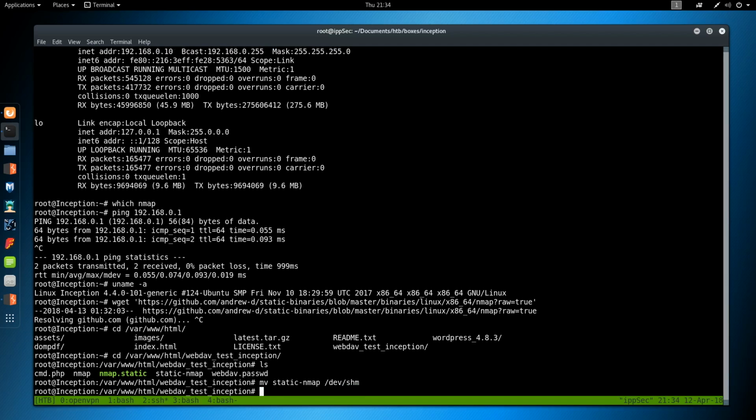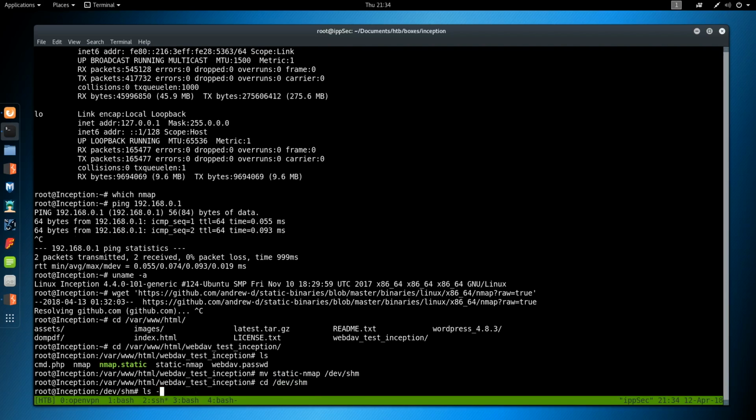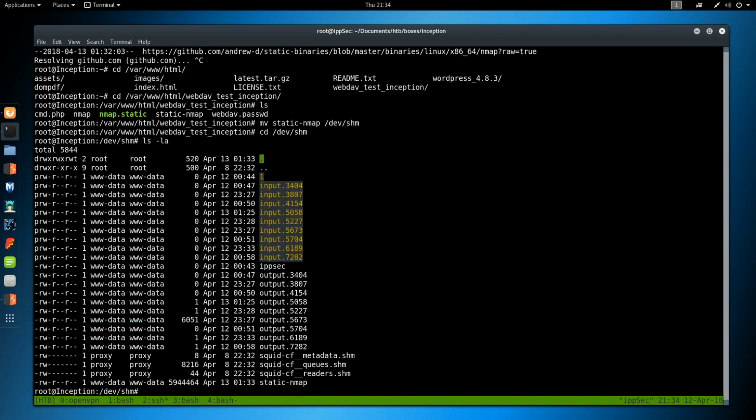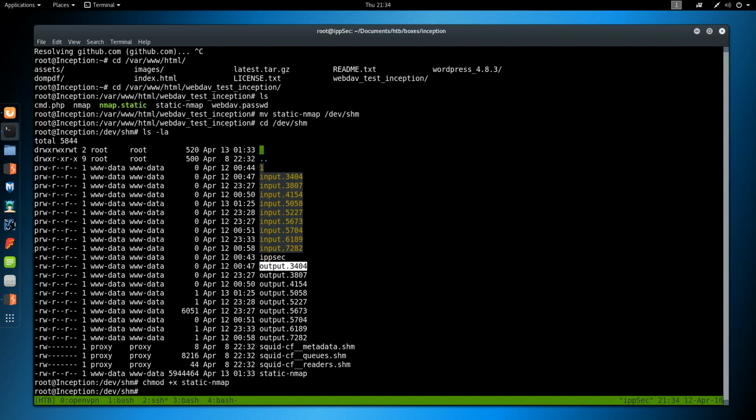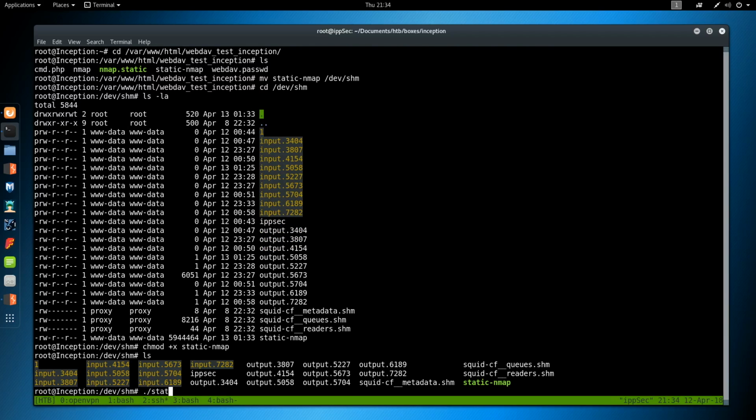So let's just copy that into /dev/shm. And we can see my script creating random things here. So we can do chmod +x static-nmap. And then if we execute this,